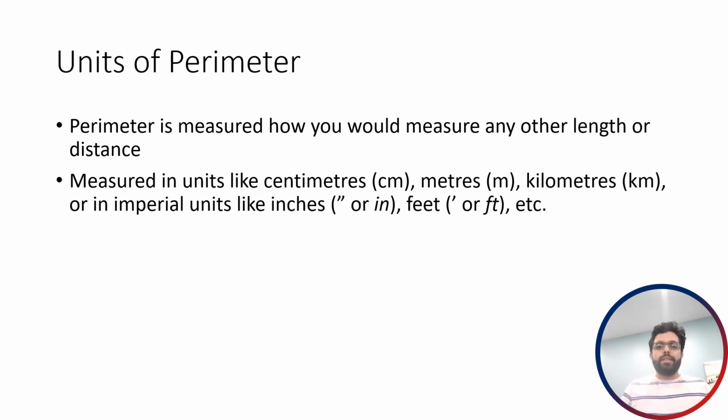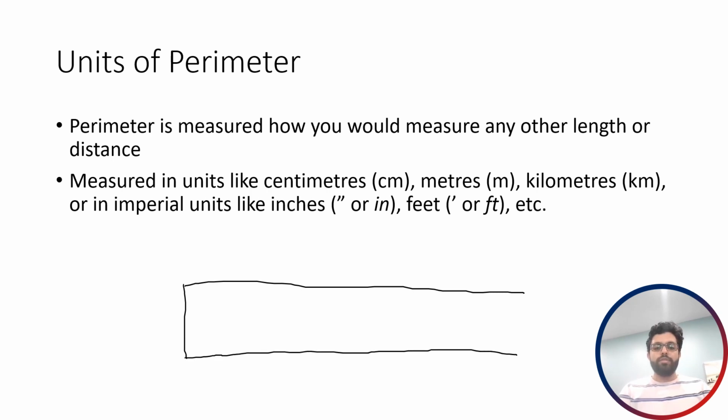So the units of perimeter are not particularly complicated. If any of you have a ruler, typically you will see on your rulers they've got 2 sets of units on them. I haven't actually defined what the units are. The units are the most basic building block pieces of measurement that we use for whatever we're trying to measure. So for instance, for length, we've got things like the meter, the centimeter,